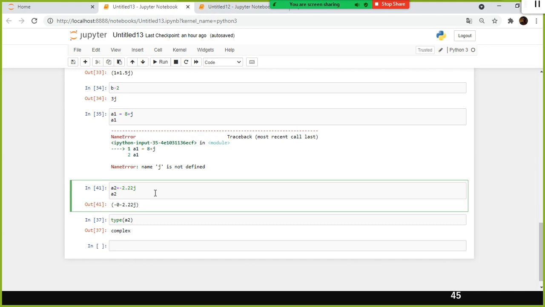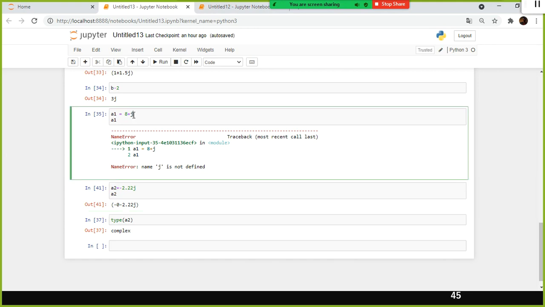But the only thing is, when you use the arithmetic operators like plus, minus, or multiplication, you should be cautious. You should know all these things. And also importantly here, this is a rule you are not supposed to forget.